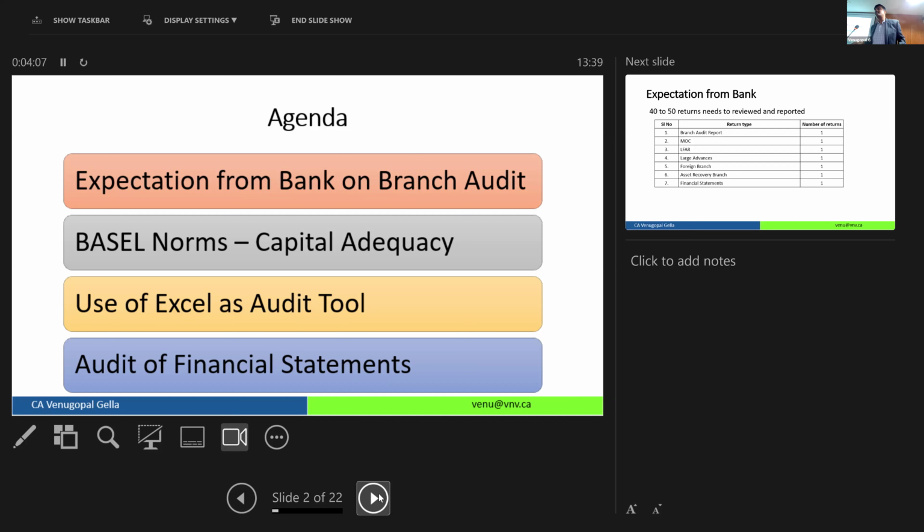Most of the time I will spend on how to use Excel as an audit tool, the financial statements of the branch, and how we analyze them. Now, starting with the first one, the expectation of the bank from the branch audit.